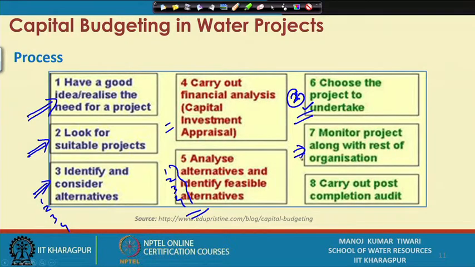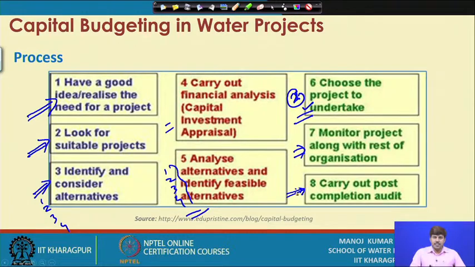The last step is to carry out a post completion audit, whether the intended benefits have been achieved or not, and whether the cost which has been spent for the particular project is in line with the proposed values or it has exceeded, and if it has exceeded, what are going to be its implications. So, the final auditing gives us the idea of the standing in terms of how nicely we have been able to achieve the targets. So, that will be coming through the final audit, which is one of the